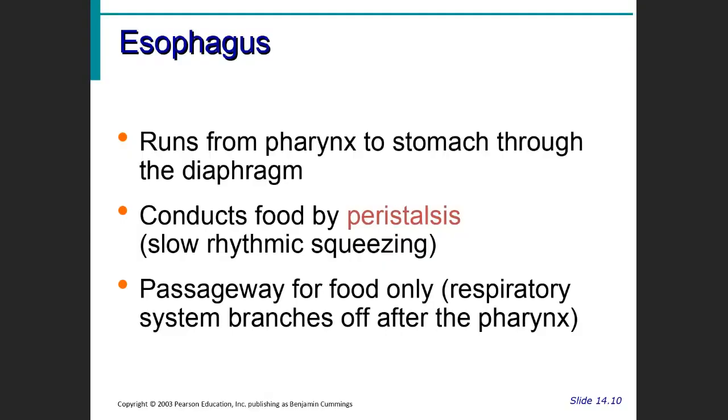So we go to the next slide now. It just tells you a little bit about the esophagus. The esophagus runs from your pharynx, which is your throat, down to your stomach, right through your diaphragm. There's a process called peristalsis. Peristalsis is smooth muscle squeezing. The smooth muscles, remember, are involuntary muscles that your brain controls, but you don't consciously control it. It squeezes the food little by little as it goes down the esophagus and into your stomach. That's called peristalsis.